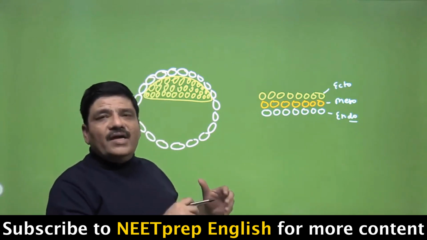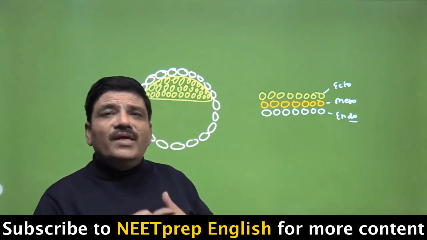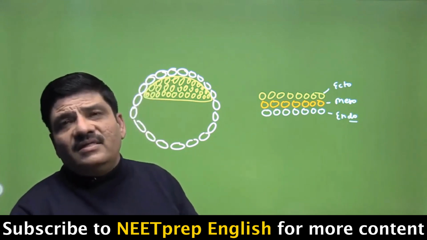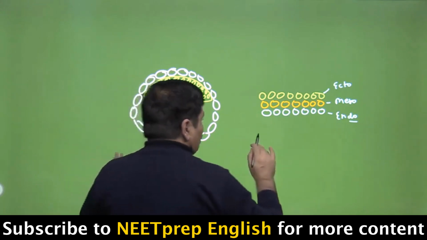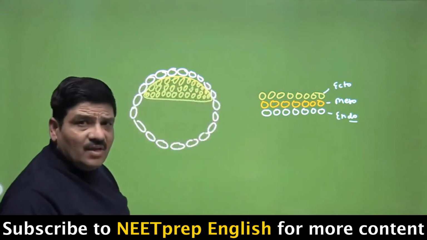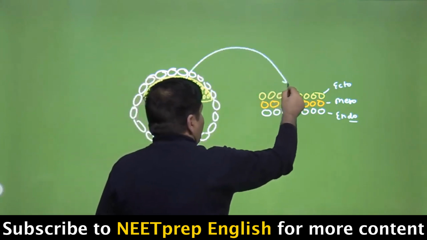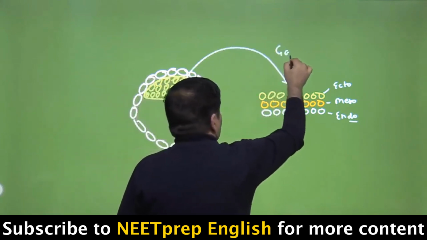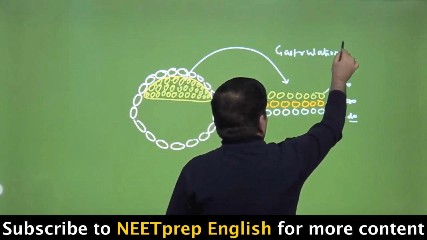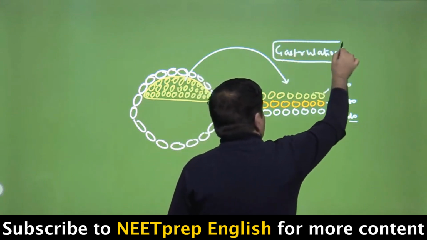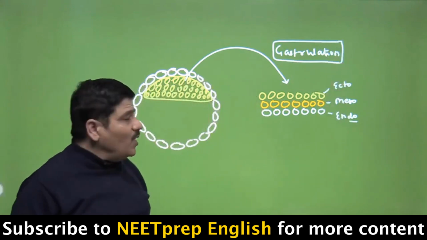We have seen how it gets organized into a bilaminar embryo, and then how it gets itself organized into a trilaminar embryo. But just before our NEET entrance exam, what we must remember is that the inner cell mass cells differentiate into the 3 germ layers. This process is called gastrulation. Sometimes the doctors say that this is probably the most important thing that has happened to you in your life, because